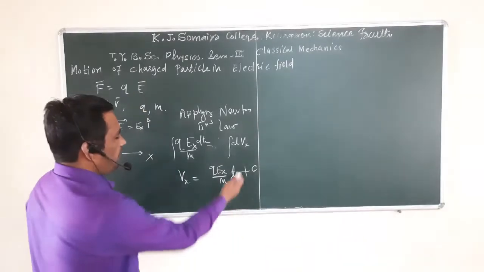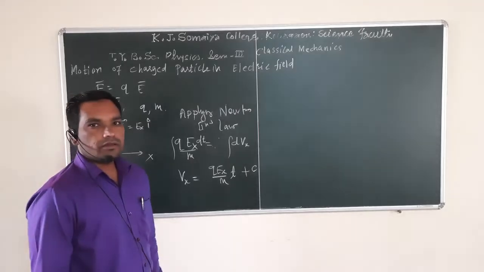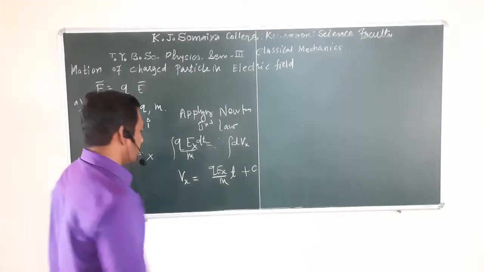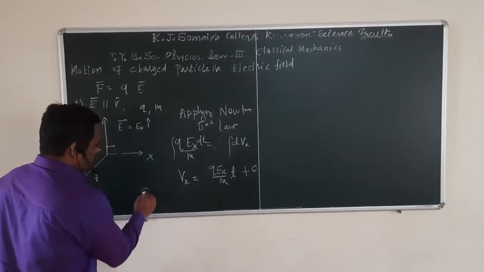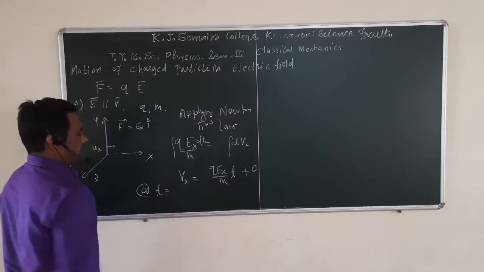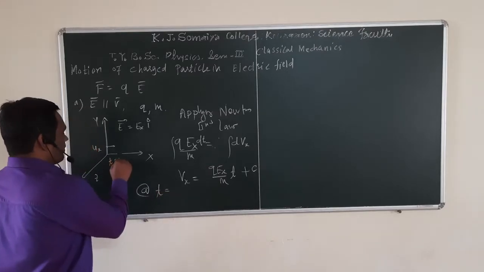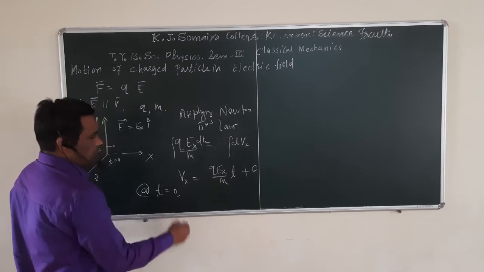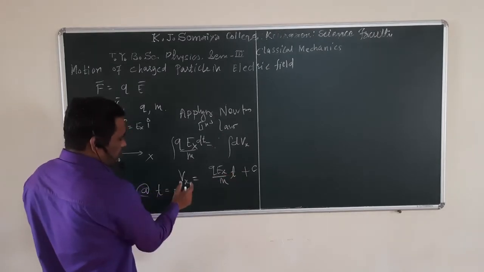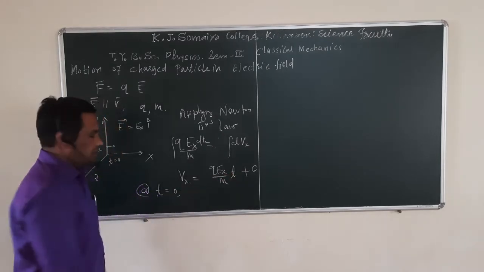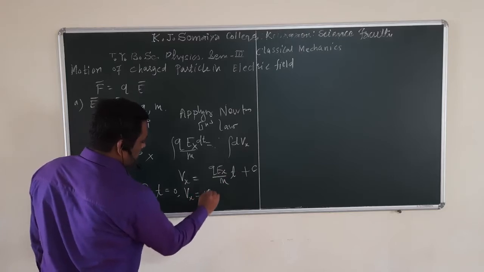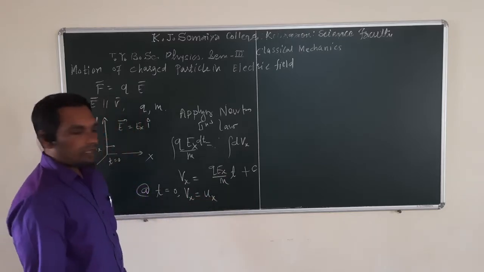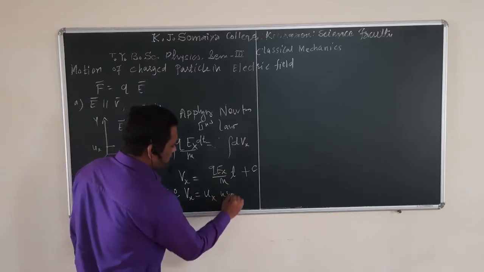So to find out that constant of integration, we have to integrate that equation by taking initial conditions. What are the initial conditions? At t equal to 0, which means that the particle is at this position. So at t equal to 0, in this equation we have to put initial velocity. So initial velocity vx is ux. So using this in the above equation,